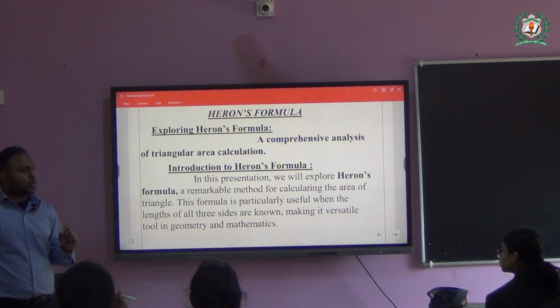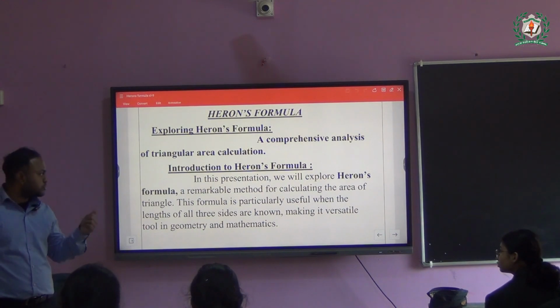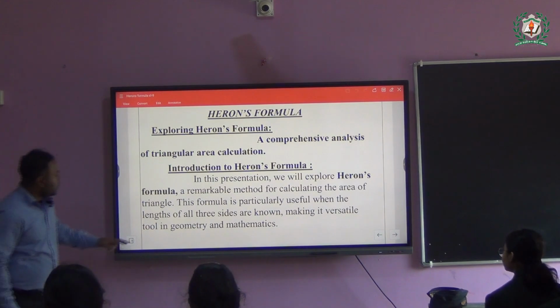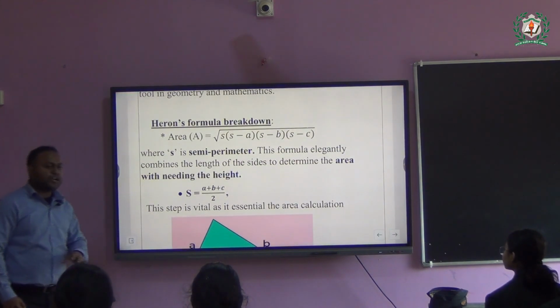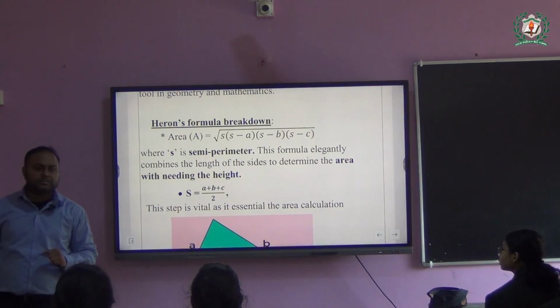Isosceles and equilateral are quite easy to calculate the area of, but scalene is quite tougher because it is a completely irregular shape of a triangle. It's a triangle but an irregular shape whose height is not defined, only sides are known. Those things we are going to see in this chapter. Is that clear? So here we see some important breakthroughs of the formulas.